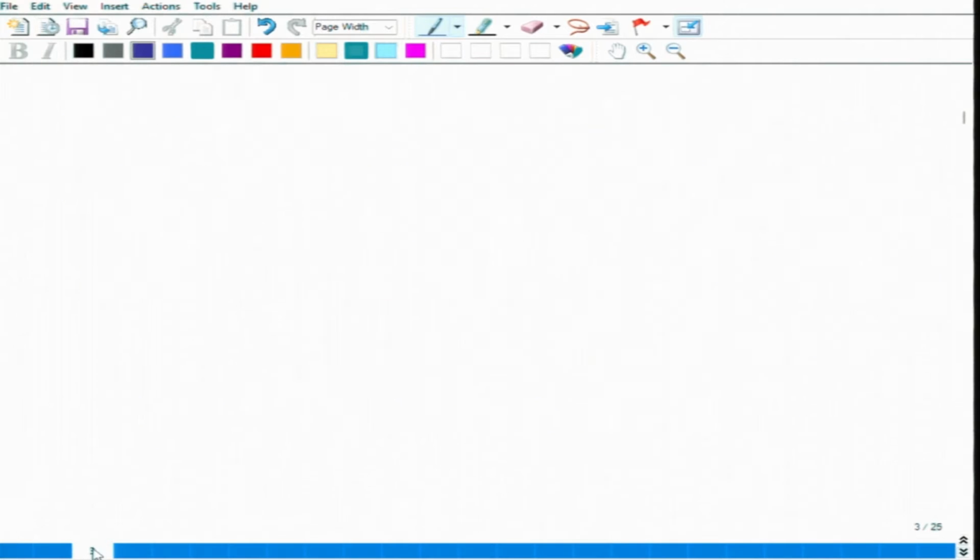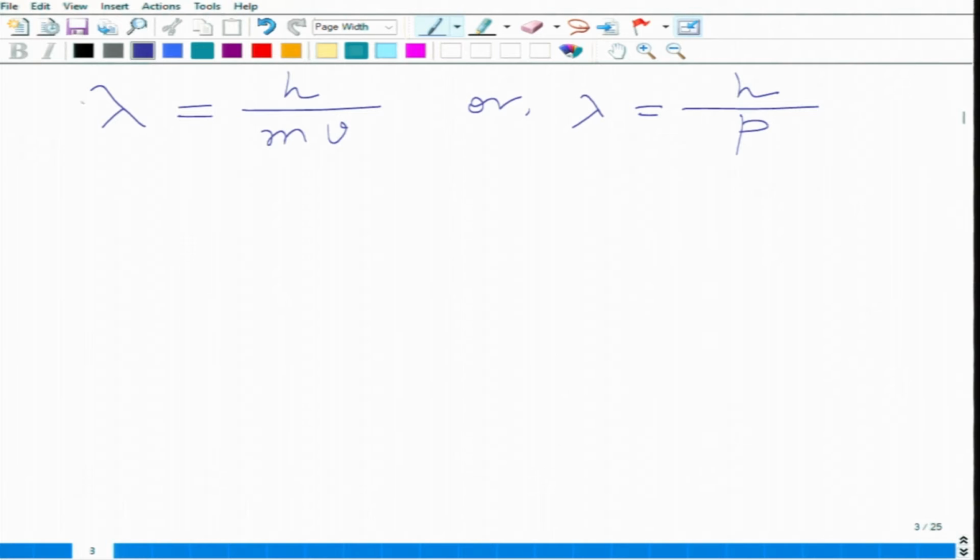So, De-Broglie proposed this equation for relating wavelength and momentum, where wavelength lambda is equal to h by mv, or we can write lambda is equal to h by p,